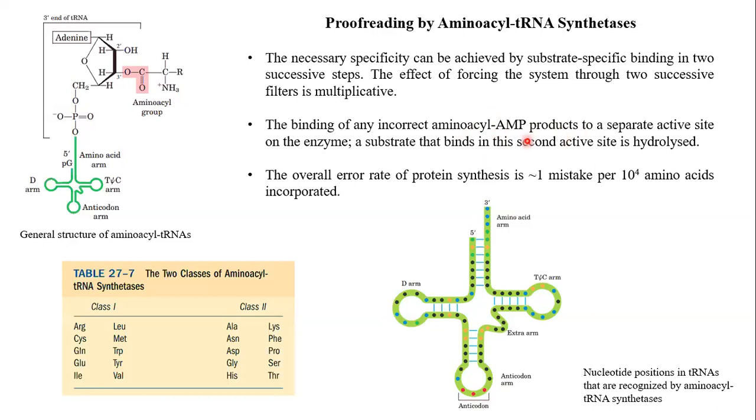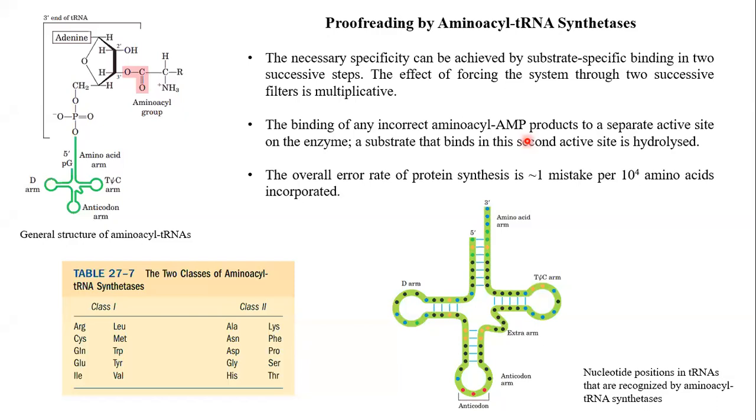Here we can take an example of isoleucine and valine. Isoleucine and valine have similar structures; the only difference is that a methylene group, that is a CH2 group, is present in isoleucine. The rest of the entire structure of these two amino acids is the same. So the enzyme has to be very specific to differentiate between isoleucine and valine. But the isoleucine transfer RNA synthetase enzyme does it very efficiently. It has 200-fold specificity for isoleucine over valine.